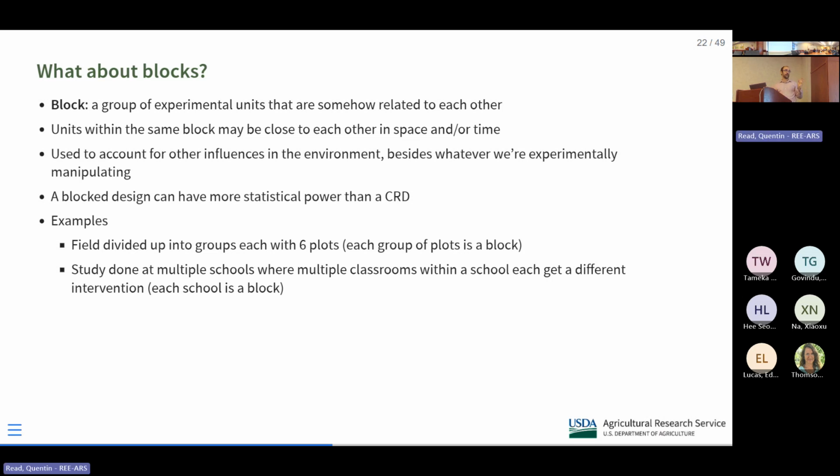So, each classroom is the experimental unit because the classroom was assigned the intervention, and then each school would be a block. Like, a high resource school in a rich neighborhood might have different effects than one that's in a poor neighborhood or whatever. And then, right, the classroom is the experimental unit, but the individual students are going to be the observational units because you might give each one a test or an assessment, but those students from the same classroom are not independent, or from the same school as well, if that makes sense.